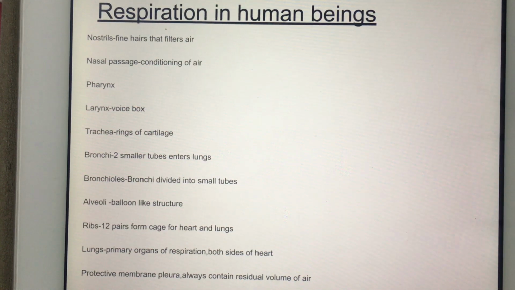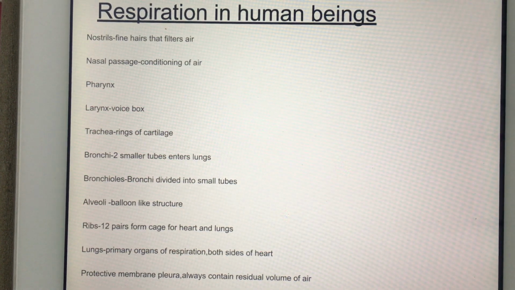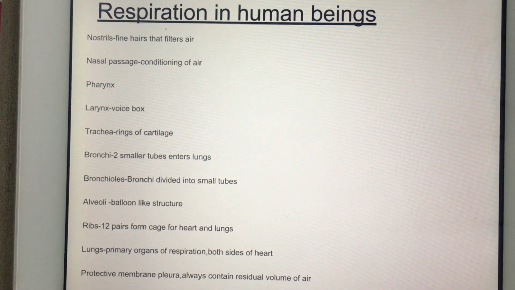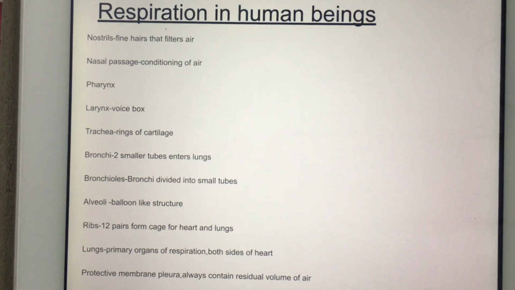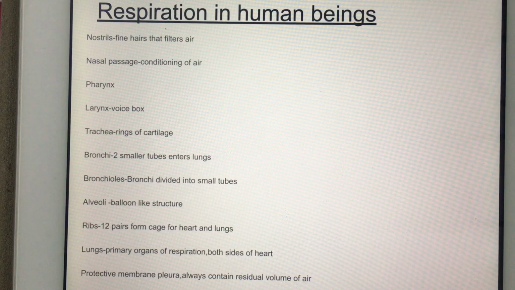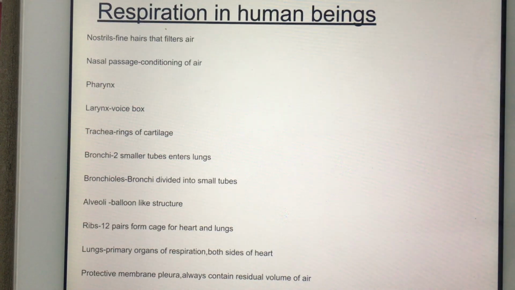Then there is the diaphragm. The diaphragm is the partition between the thoracic cavity and the abdominal cavity, and it helps in inhalation and exhalation because it makes the chest cavity bigger or smaller in volume according to inhalation and exhalation. So this completes today's